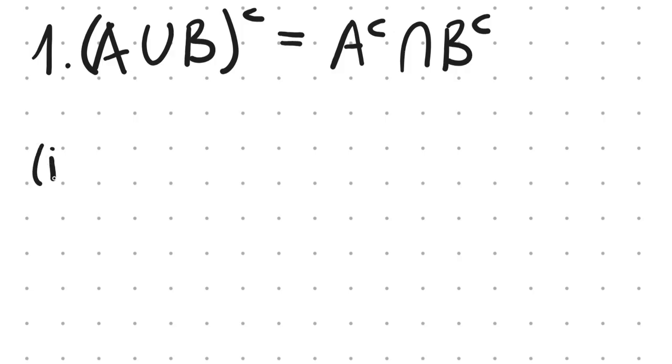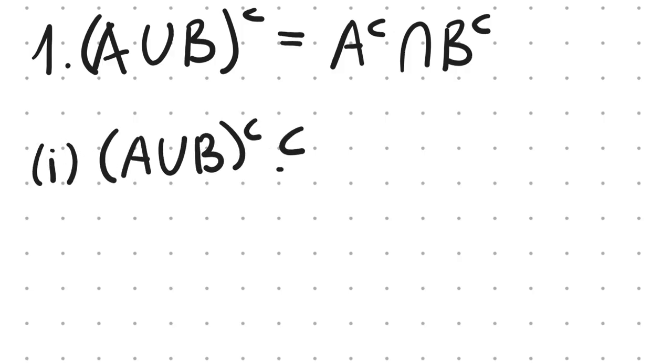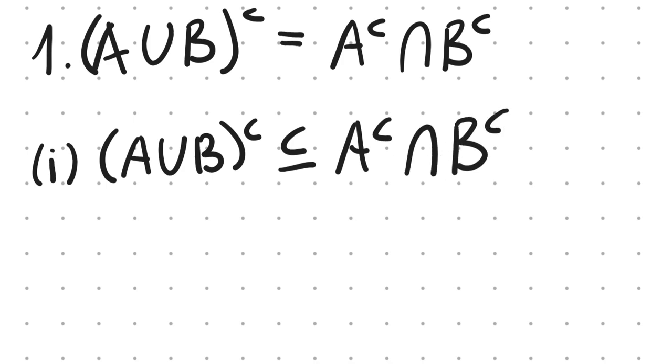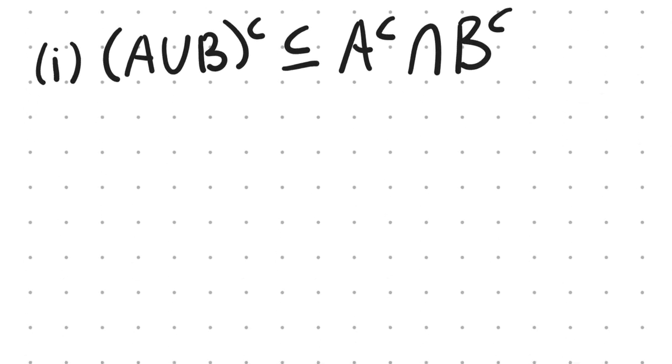So we would have to first prove that (A union B) complement is a subset of A complement and B complement. So if you want to do this, let's say X is an element of